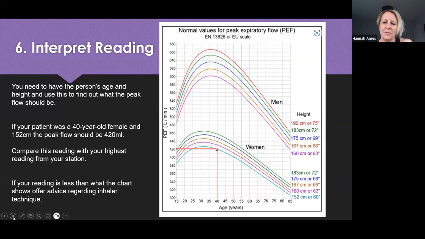So for example, if my patient was 40 years old, you'll need to get that information from your examiner, or it might be in your patient brief, okay? So read your brief carefully, and if it isn't there, you need to ask the patient for their age and their height, okay? So if my patient was a woman, 40 years old, and their height was